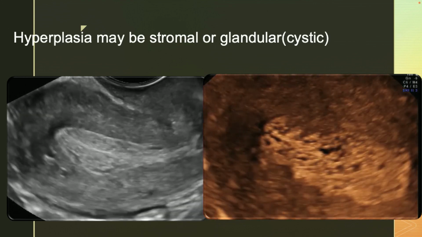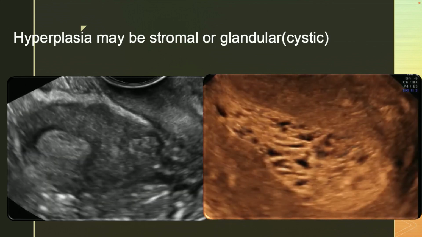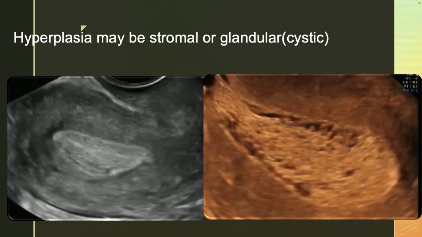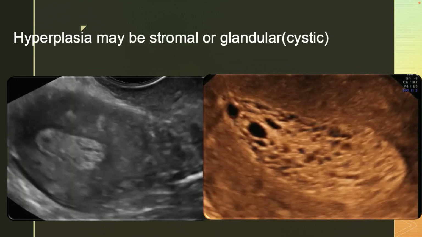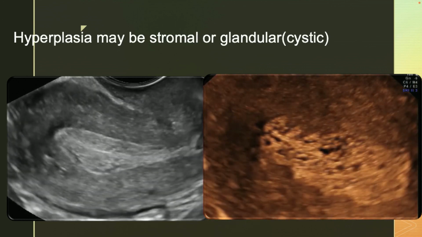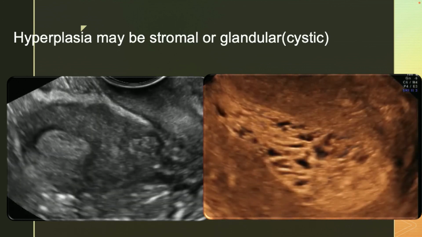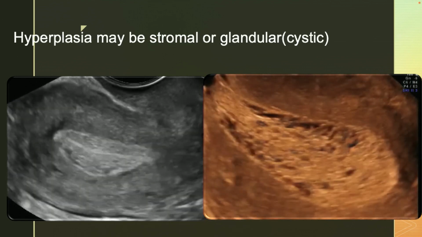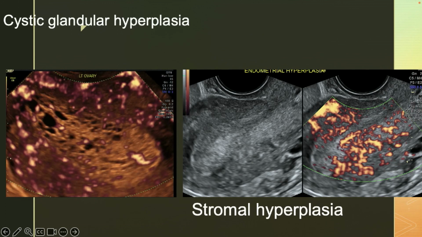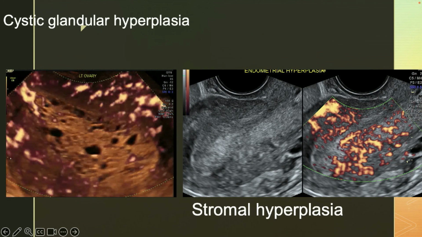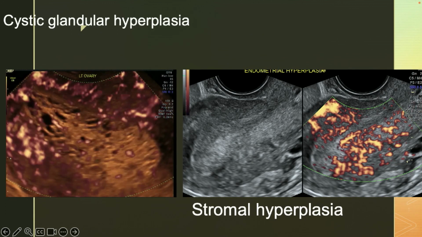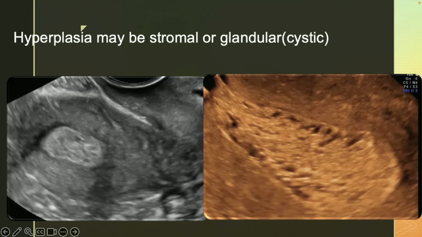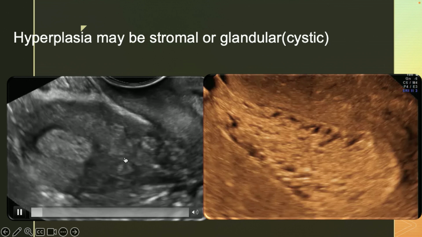and it may show, if it is a single polyp, a single feeder vessel, but sometimes if there are multiple polyps which are leading to thickened endometrium, it will appear very similar to hyperplasia, because the hyperplasia also shows regular distribution of the blood vessels, as you can see here. In these cases, again, sonohysto can be useful,